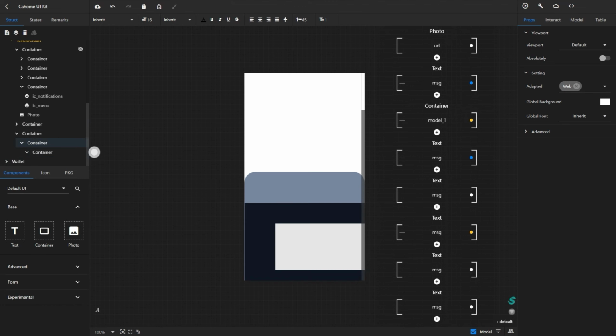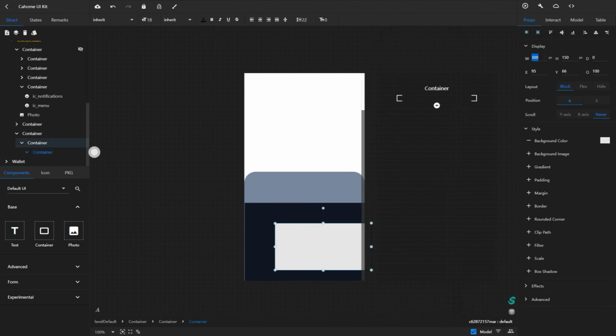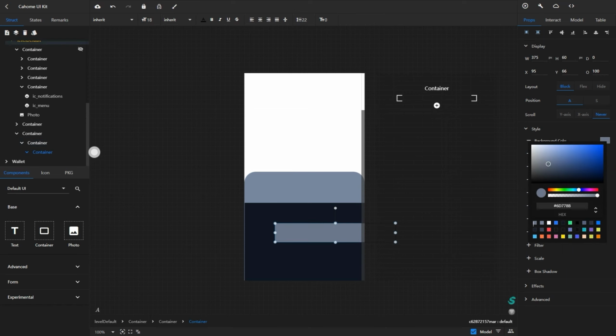Add a container. Modify the size of the container. Set the background color.